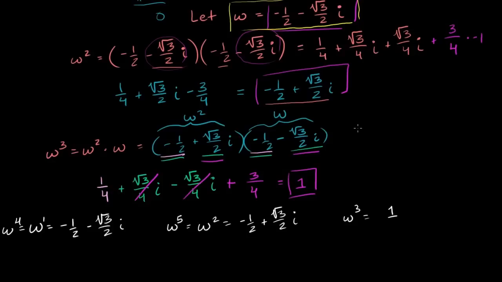Well, that's just the same thing as taking omega cubed and squaring it. So this is also going to be 1. So this is omega to the sixth. Or you could just view it's this times omega, right? Because it's to the fifth power, and we saw that that's also equal to 1. So we did set up, and the reason why I went up to the sixth power is because if you